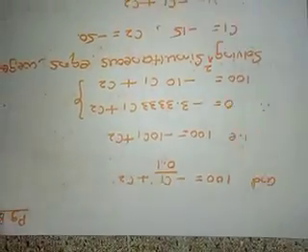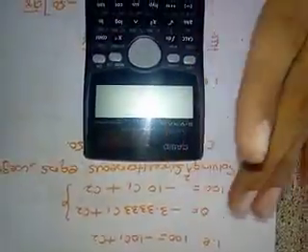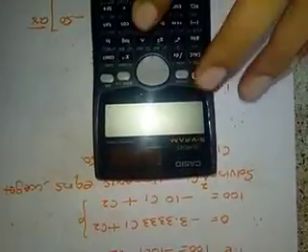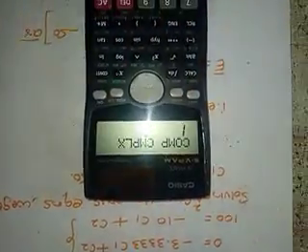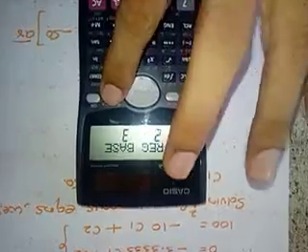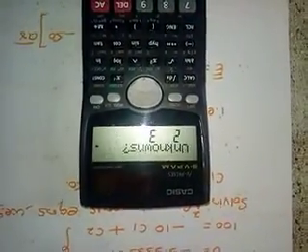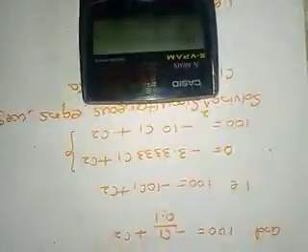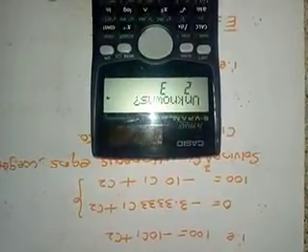Solve them simultaneously. How to solve the simultaneous equations? So these two are the simultaneous equations. Keep your calculator in equation mode. Press the mode button, then go to equation. So equation is 1, press 1. How many unknowns we are having? 2 unknowns, c1 and c2 are the 2 unknowns in our 2 equations. So press 2 unknowns, press 2.